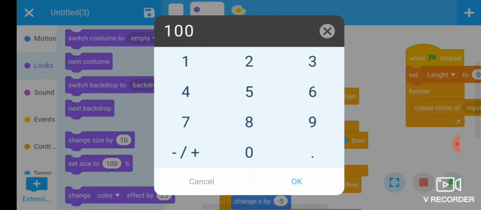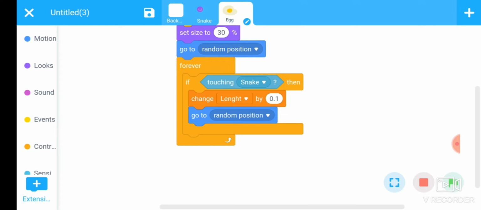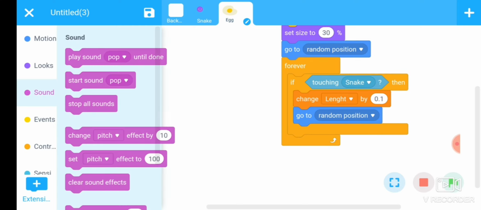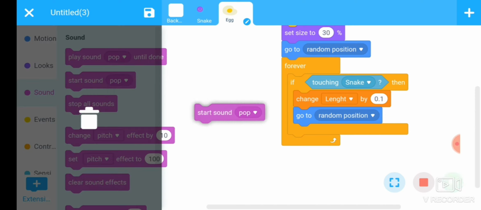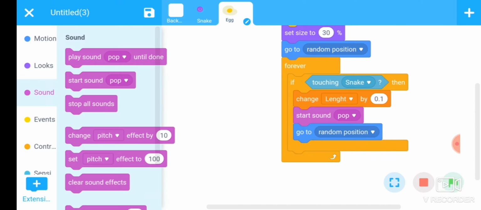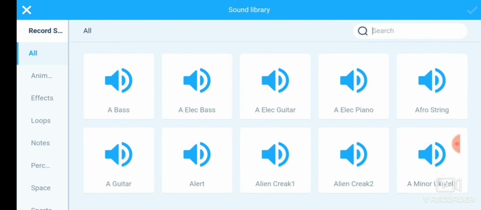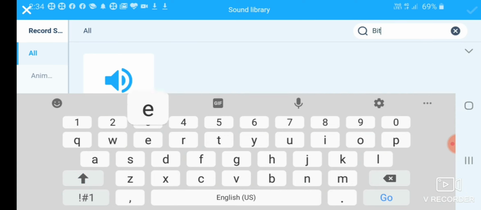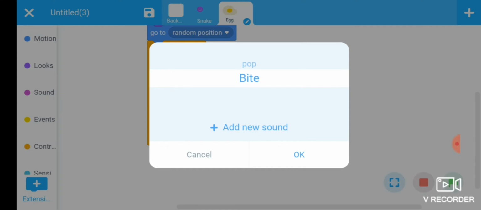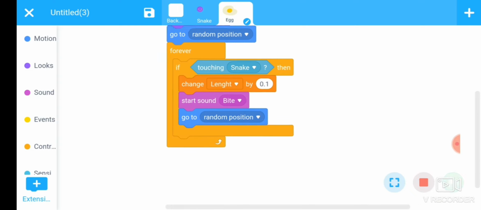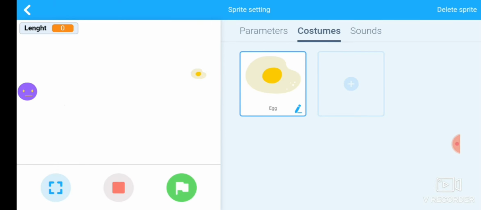Also you can add a sound here. Whenever the snake touches the egg, there should be a bite sound. For this, go to the sound option. There is a command start sound pop. Put this command inside the if then conditional and choose the sound here, bite. Add it here.